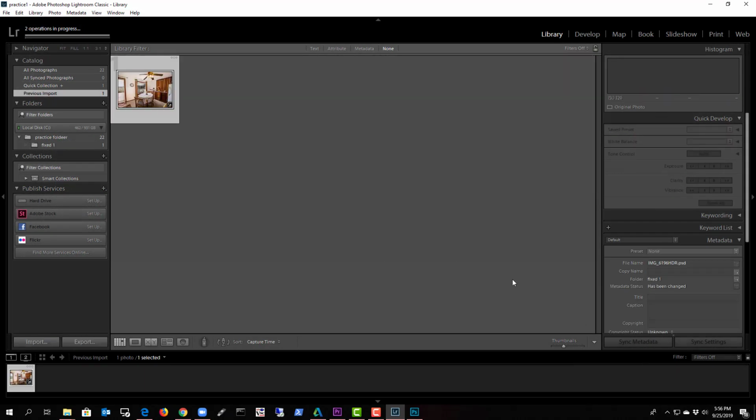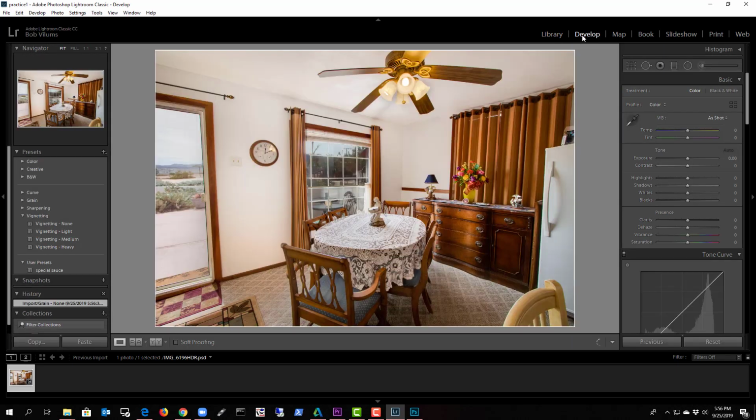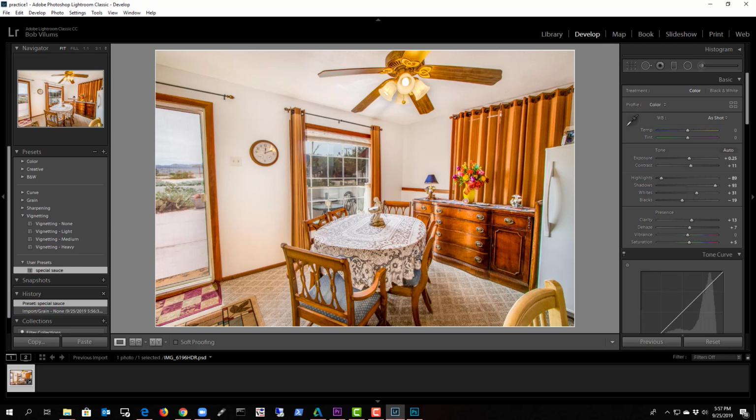So the second process that we do, go back to develop now, we have this one file, is the sweetening mode. Now before I told you about the special sauce, and this is where we use that. So you take a look at it, and you take a look, it really brightens things up. But it also kind of can make it a little orange, so you have to be careful here about how much of this you use. So if you click on it, I'm going to go over here to,